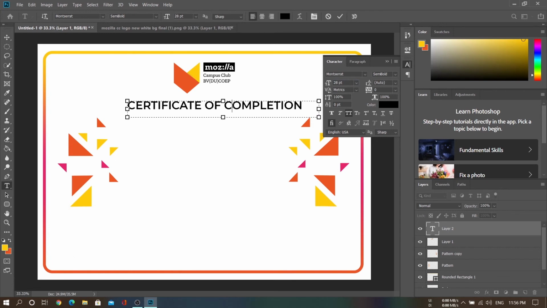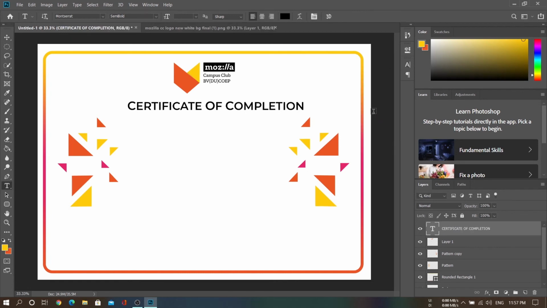And we are going to increase the font of the first letter of each word to 30 point. Thirty and 30. So that's it for the certificate of completion. We have arranged it in the center.